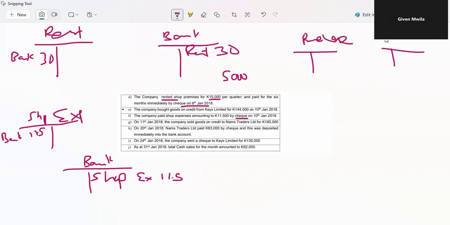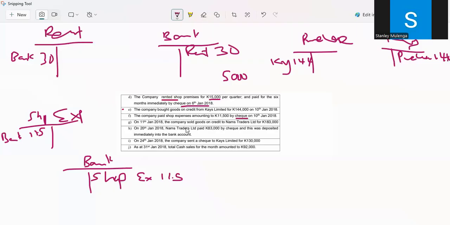Purchases. And K is our what? Yes, our creditor. So for purchases, we put K here. How much? 144, creditors. 144. Then here 144, we go to purchases, 144. Okay.